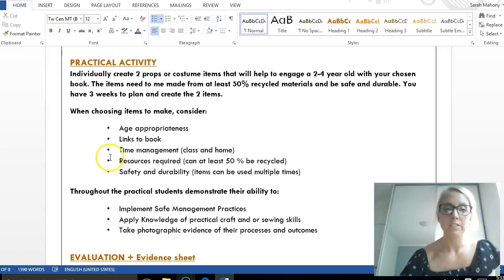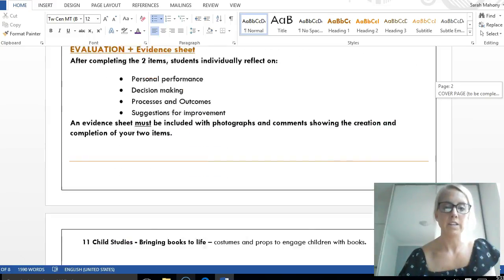Now, you might be thinking, well, there's 5, how do I choose 3 or 4? My suggestion is that you use 1, 2, 3, and then the last 2 here could be combined to make a 4th one because they're all about kind of resources and how they're going to work together. All right, let's get back to the action plan set out and think about how you could put that into